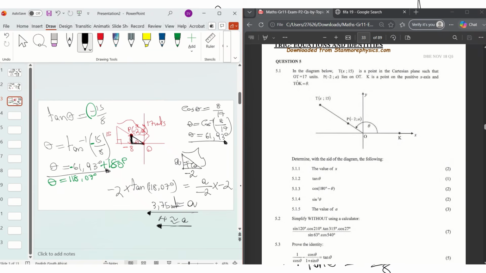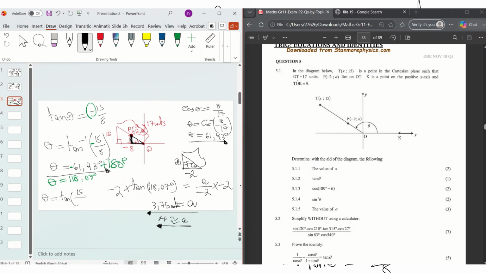So again, guys, I'm going to emphasize this. When you substitute a negative fraction there, when you're looking for the reference angle, it's important that after you get that negative angle, you add 180 degrees to it. Okay, please, guys.